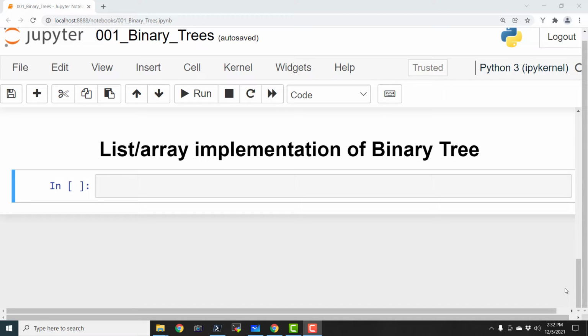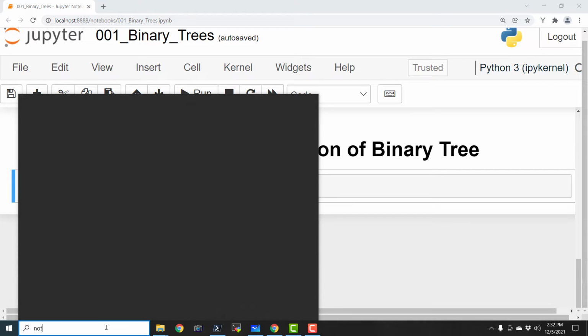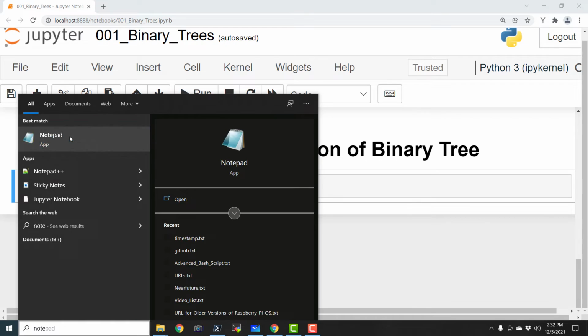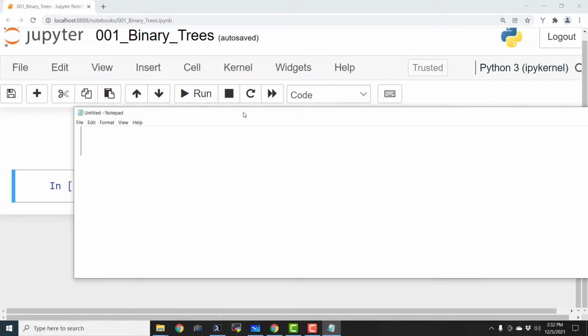My name is Ashwin, and in this episode we are going to have a look at how we can use lists or arrays in any programming language to implement a binary tree. So now let me open the notepad to explain the concept first, and then we are going to proceed with